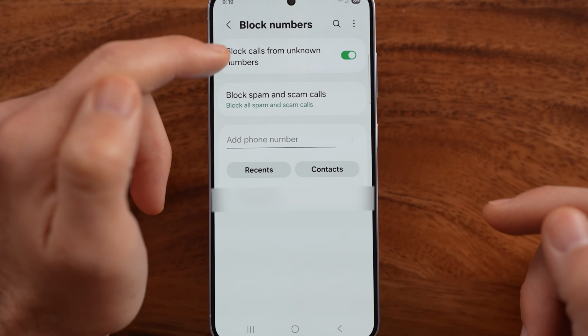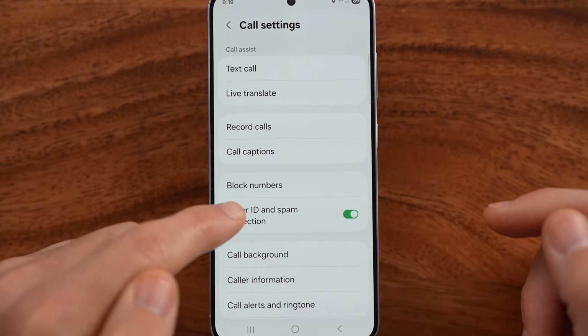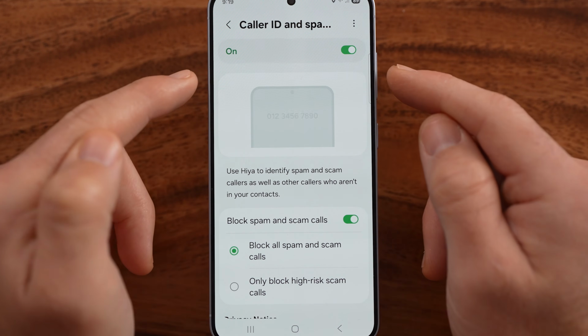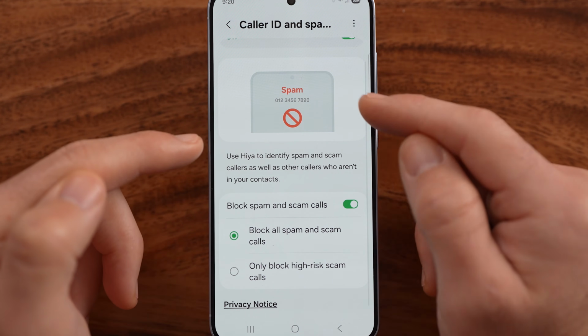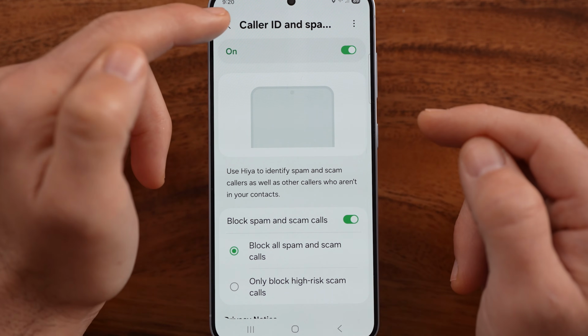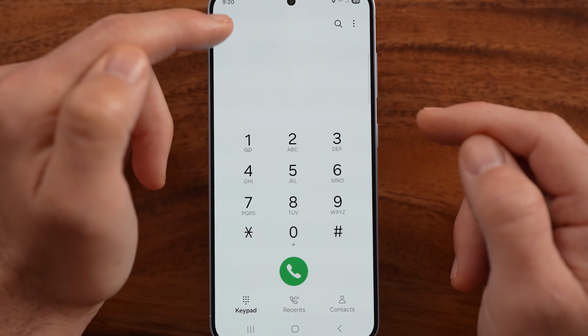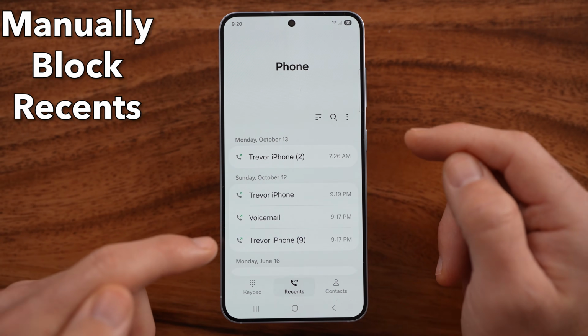Now, if you go back out of here and back again, you might have this caller ID and spam protection. You might want to go in here as well, depending on whether this leads you to the same spot that we were before. And now once you go all the way back out of here and go to your recents,